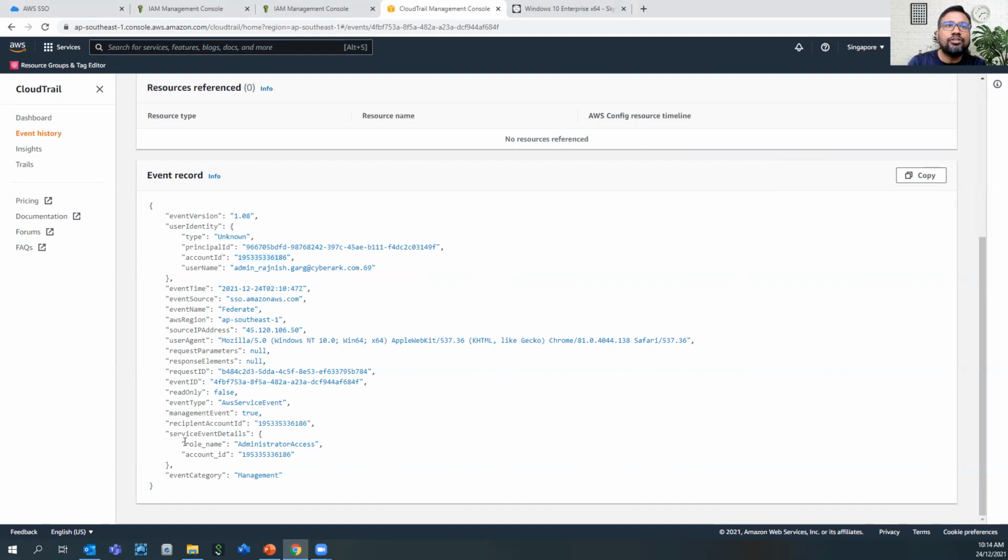And here you are able to see which role I'm trying to assume. As a user, if you remember, I was trying to assume the administrator access role, and I was trying to access the same account ID as my AWS master account. That's why you are seeing this account ID and this account ID are the same.